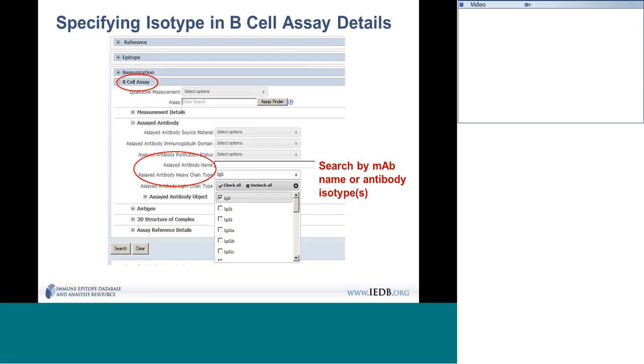So the question, for example, that came up earlier, I believe the Professor addressed, you asked if you could search by isotypes. This is where one would specify the isotype or isotypes of interest, and that would immediately delimit the results down to only those cases where the paper or the data specifies that this was the isotype that reacted. And again, it's a multi-select list. You can see it's really extensive. We go down to isotype